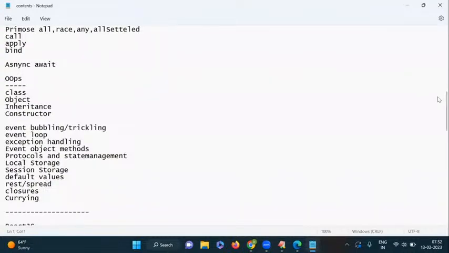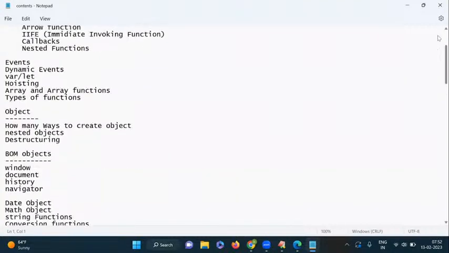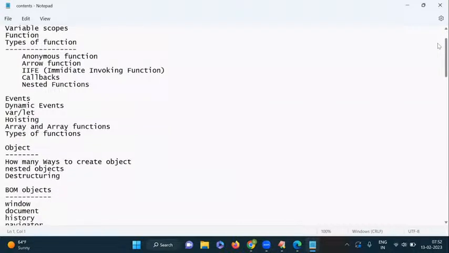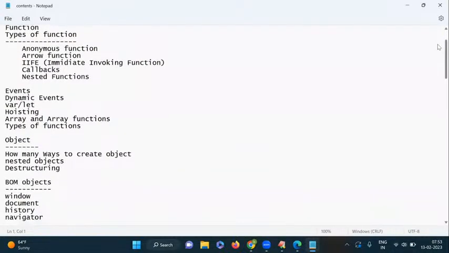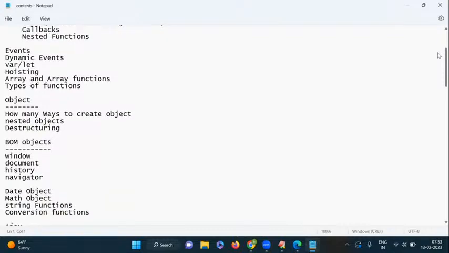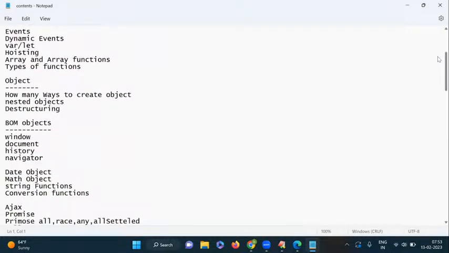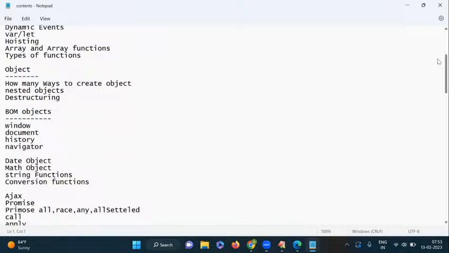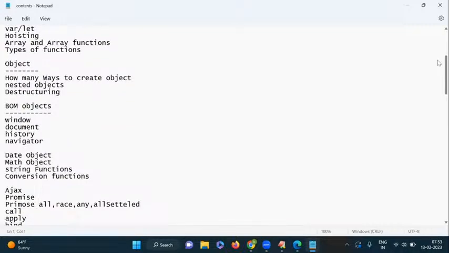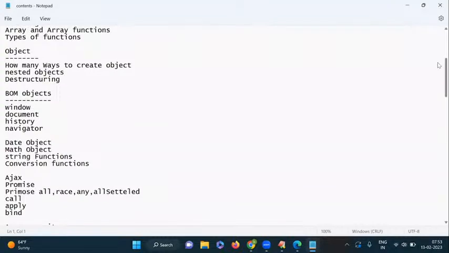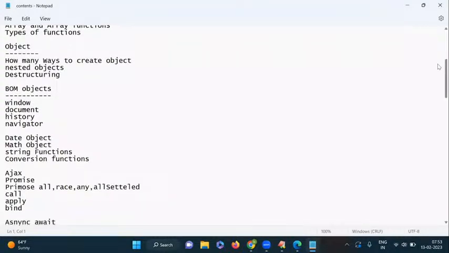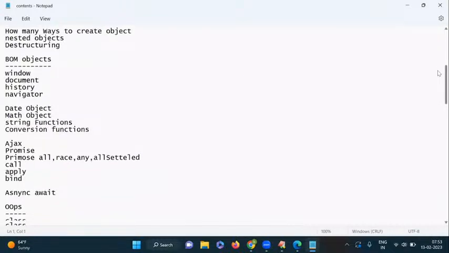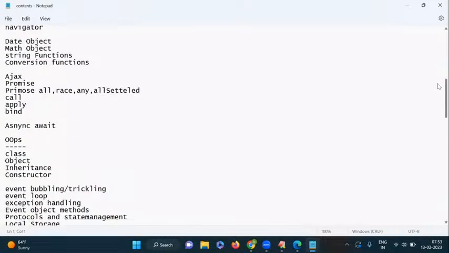Once JavaScript is completed, only then are we starting React programming. Here: functions and how many types of functions we have, events and dynamic events, hoisting, array related functions and objects, and how to work with the object. Object is very important because the data coming from Ajax is in the form of an object only. So how to read the object, and what the BOM objects we have, date object, math, string, conversion